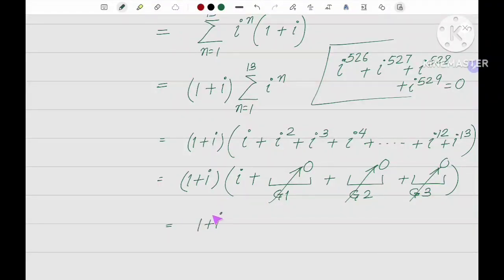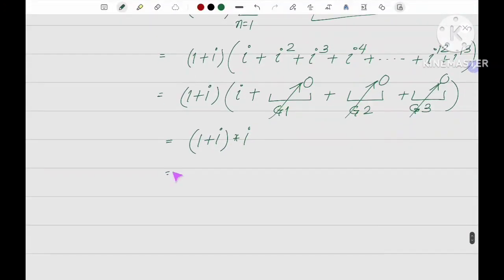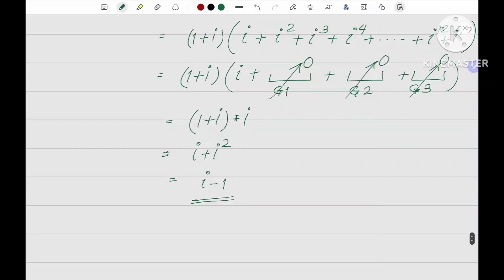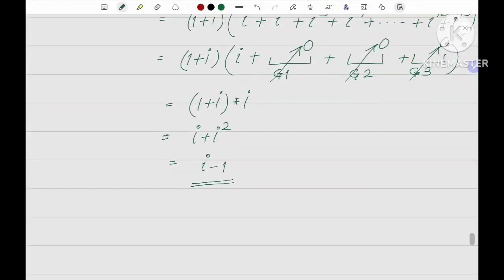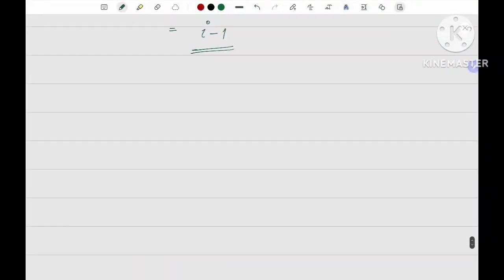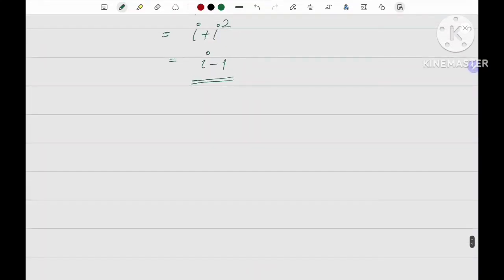So 1 plus i into i, and if I multiply, then I will get i plus i square, and we have seen i square is -1, so the answer becomes i minus 1. So that's a simple question, right? Same way we can solve a little more difficult problem. Probably I can give you an assignment wherein some more questions on powers of i will be there, and you can solve it. Okay, so before I end this lecture,